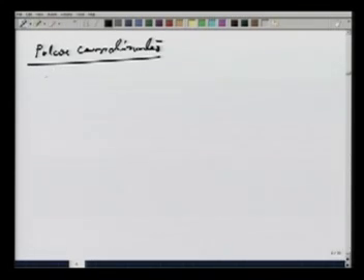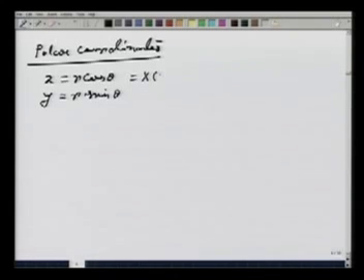So we know what it is, that x is given by r cos theta, y is given by r sin theta. So that means it is capital X of r, theta instead of u and v. It is capital Y of r, theta. And then to calculate the Jacobian, what I need to look at is the determinant of del x del r,